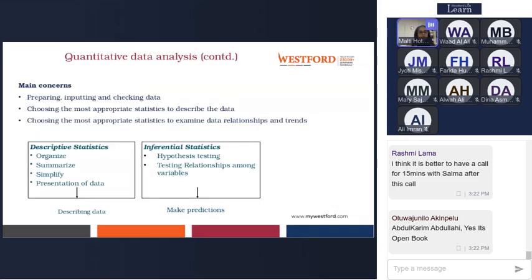Right? So data analysis is of two types, as I told you. First, descriptive statistics, where you will be talking about organizing, summarizing, simplifying, and presenting the data. That is, you will present your data in tables and pie charts, right? You will say that this many respondents have an age of 20 to 30, 30 to 40, 40 to 50. And then you will talk about the demographics. You will talk about how many people said strongly agree, how many said strongly disagree. All those things become descriptive analysis.